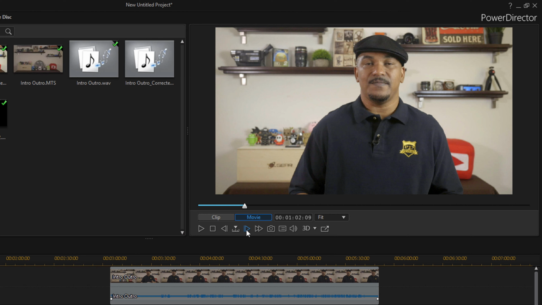Now, the seek by button in the middle, it basically changes these two buttons to different options. So right now they're set to frame. If I press on this, I can change it to second, minute, chapter, or segment. So it gives you different options to utilize the seek by buttons. If I want to move forward a second, I would change it to that, a minute, and so on and so forth.